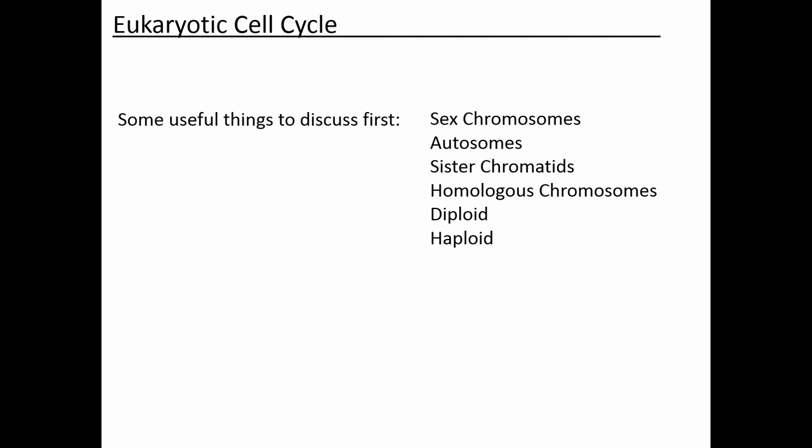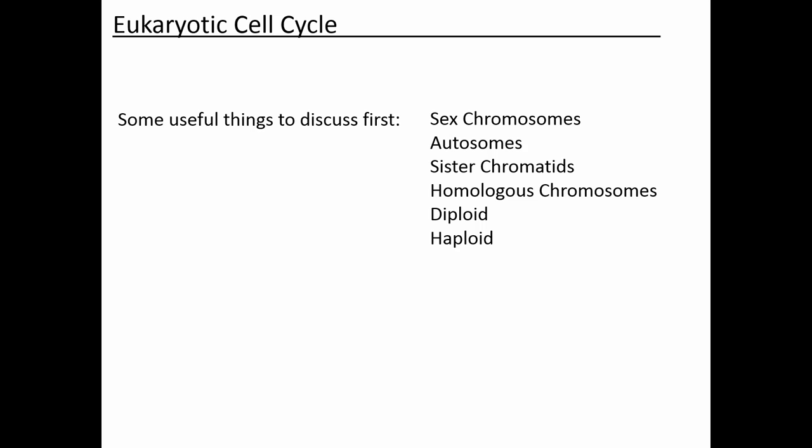Prior to replicating this chromosome, the word chromosome refers to this. After you replicate it and the 2 replicates are attached to each other, you call this 1 chromosome. It's a little bit confusing, but as long as they're attached to each other, it's still 1 chromosome. So 1 chromosome consists of 2 sister chromatids. Before replication, a chromosome consists of a single chromatid. Once you separate them during the cell cycle, then they're 2 separate chromosomes. But as long as they're attached to each other, they're considered one chromosome.